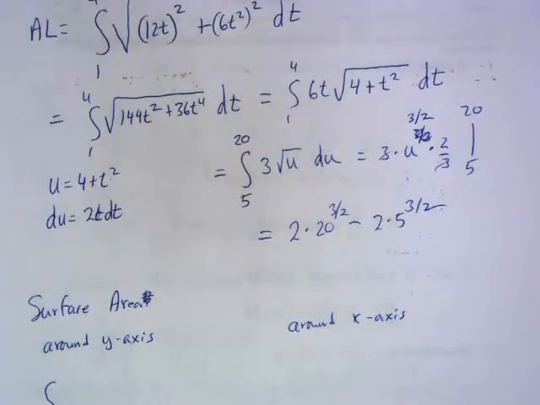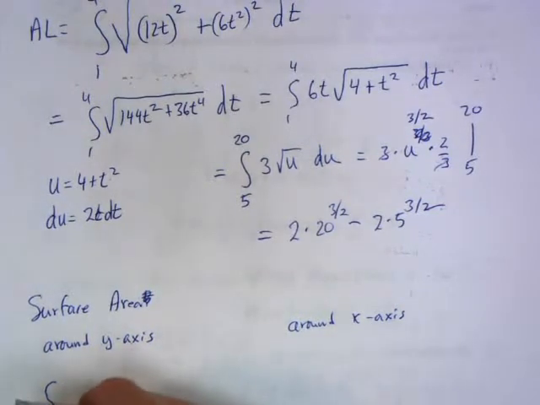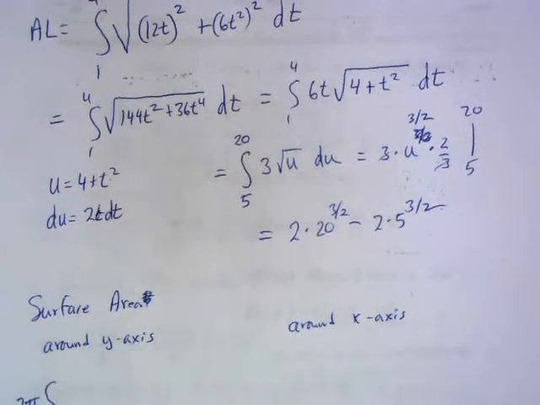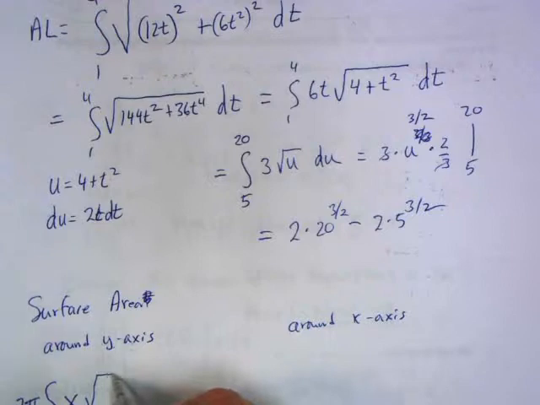And it depended if we wanted to spin around the x-axis or if we wanted to spin around the y-axis. Anybody remember the formula for surface area? It had an integral. It had a 2 pi. If we want to spin around the y-axis, it has an x. Square root of 1 plus the derivative squared,